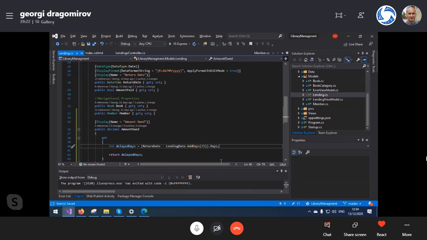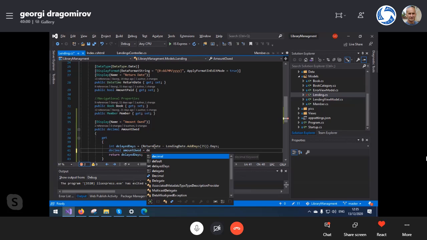So he has zero delay days, right? Yeah. If he has zero delay days, then the amount owed is going to be zero. By the way, we have to prepare another local variable called amount owed, and we should return the amount owed, not the delay days. Okay, so decimal amount owed equals delay days multiplied by